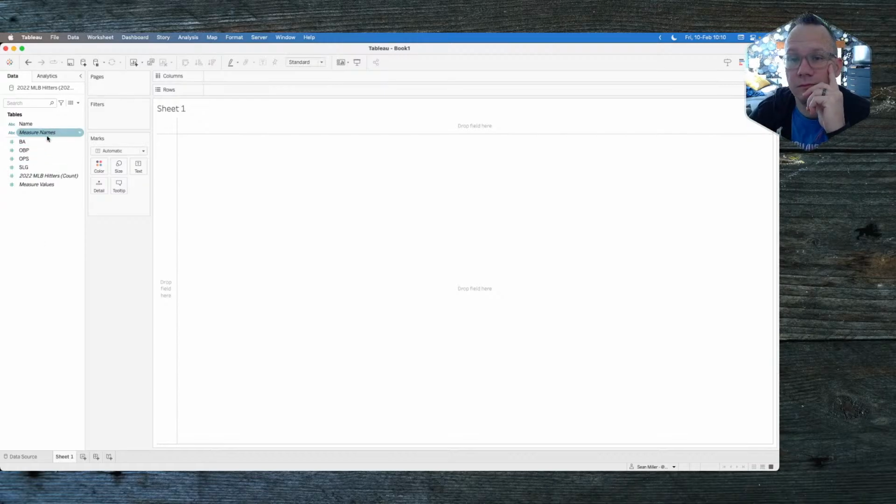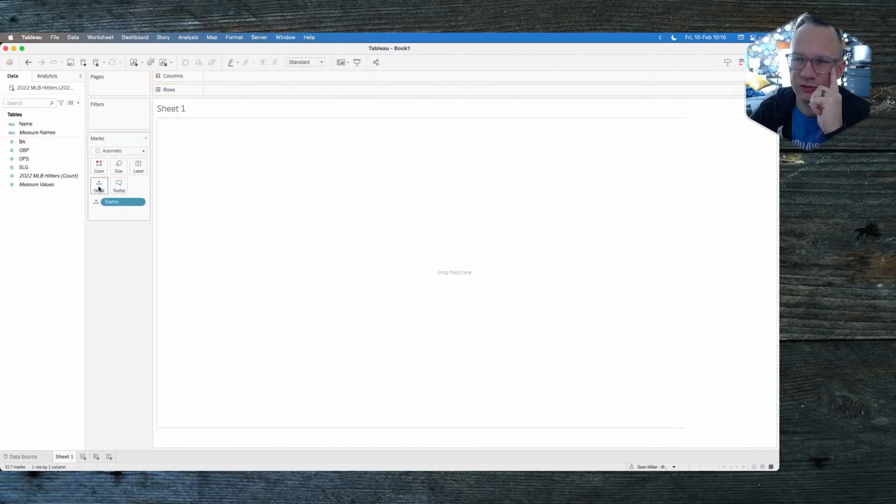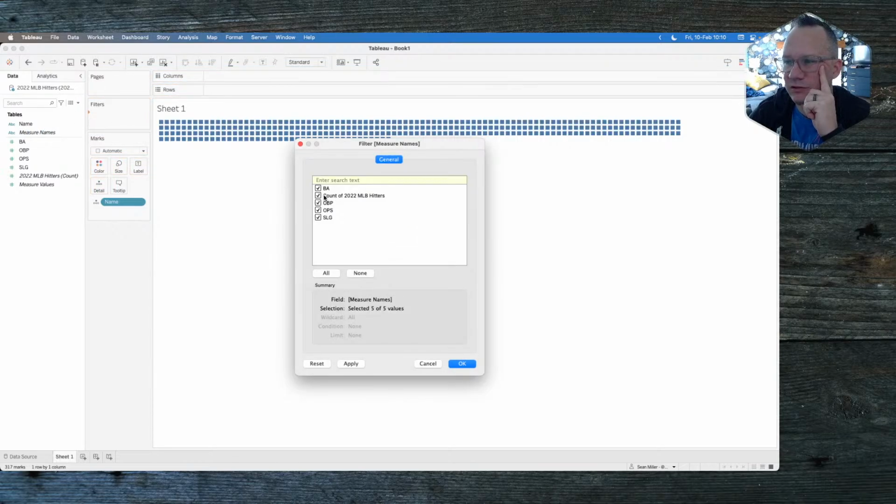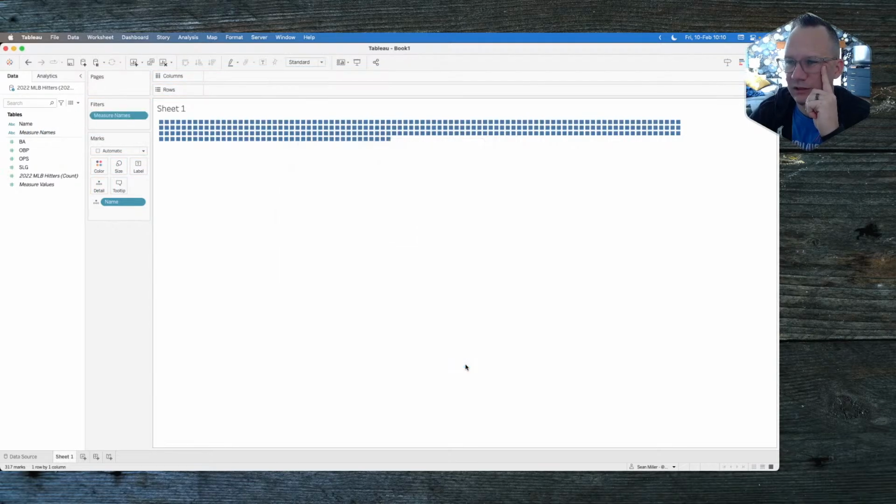So we know that name is going to represent every single dot. We're going to drop that onto detail. You can see here we have 317 players. We are going to do measure names, and we're going to filter that because we don't want the row count. That is meaningless. But then we're going to take measure values and drop that onto